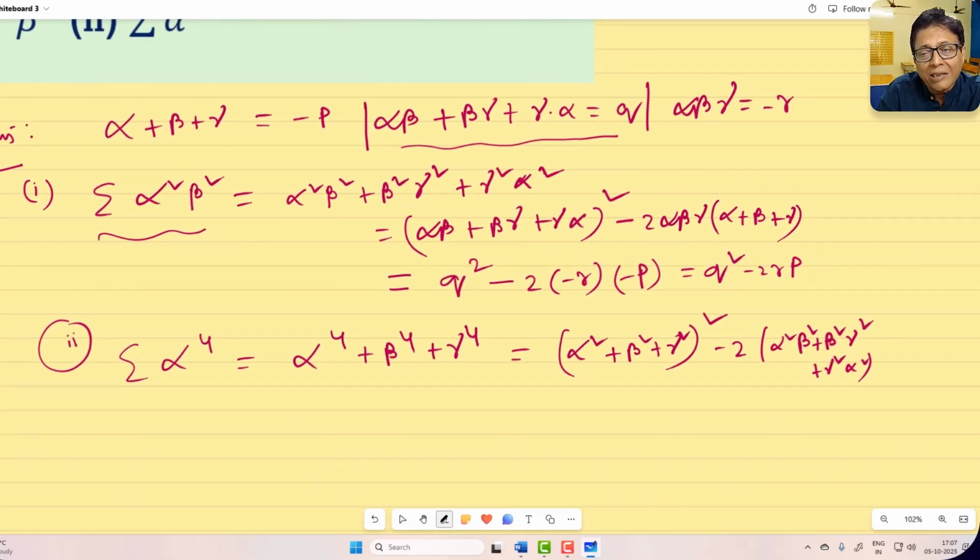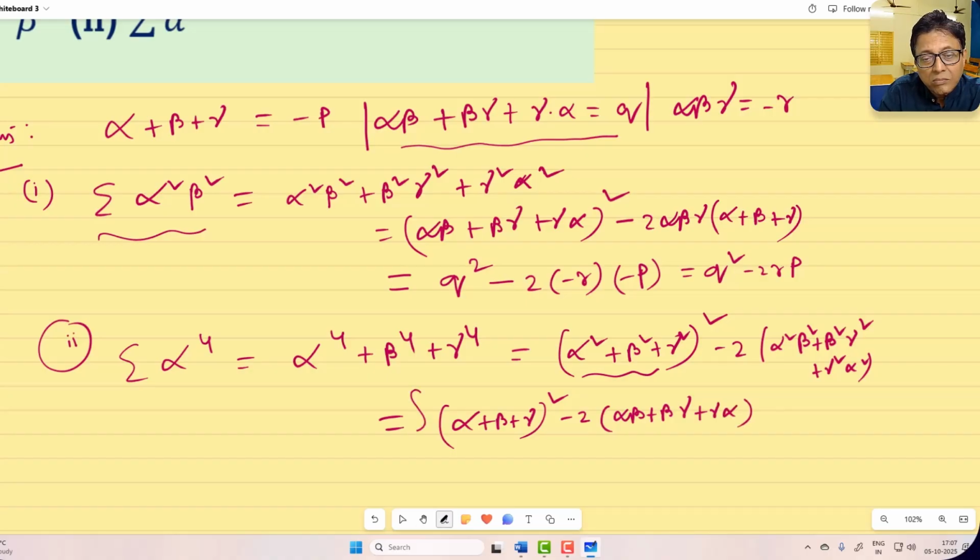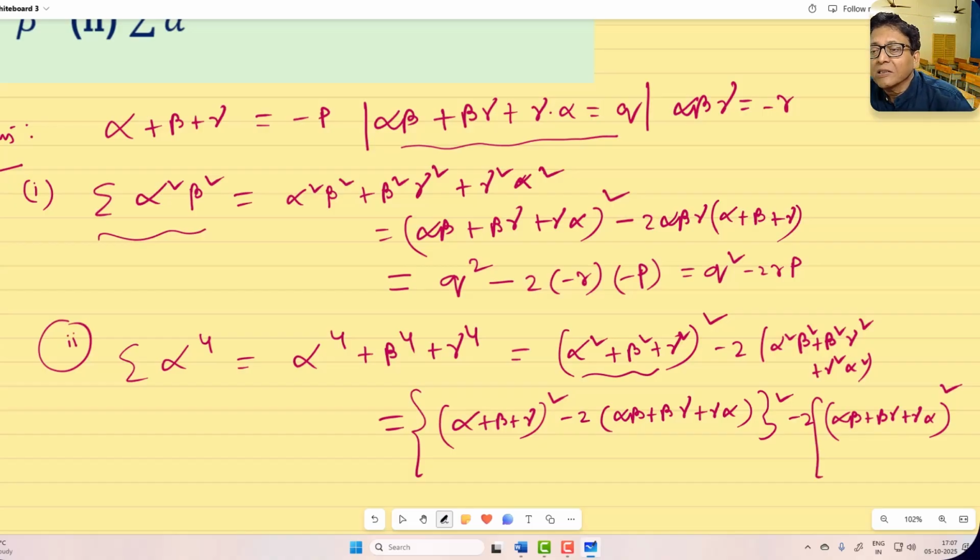Now, this thing you can write alpha plus beta plus gamma whole square minus 2 into alpha beta, beta gamma, gamma alpha whole square. Again I am using a plus b plus c whole square minus 2ab. Actually this thing we have got earlier, no? So we will be using the result over there direct. But if you haven't got earlier, so you need to do